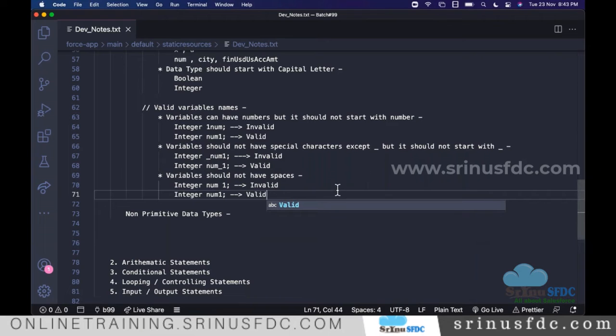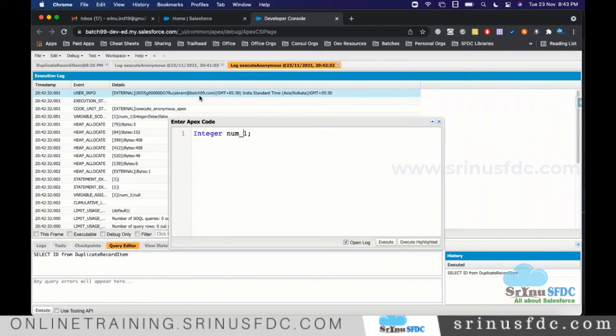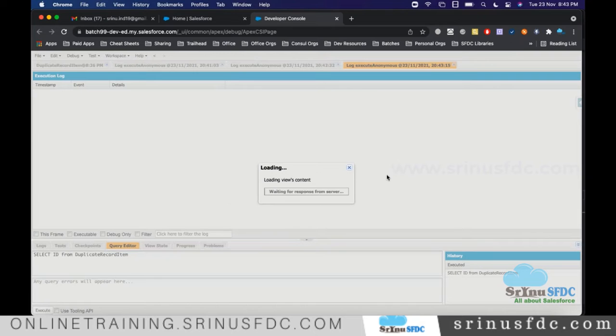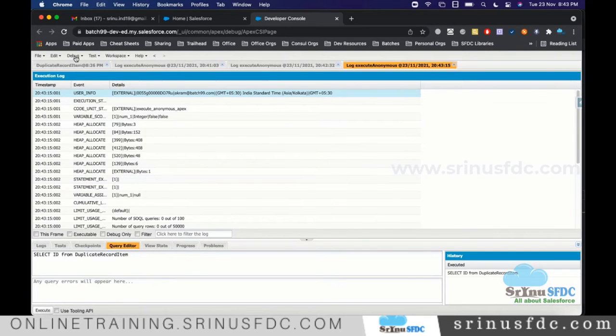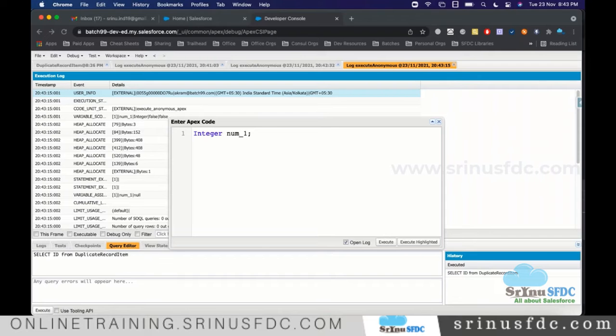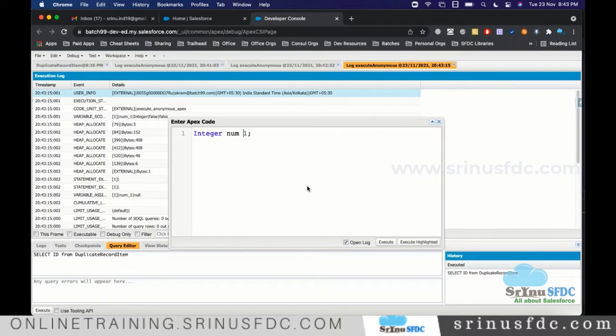So just understand that. Now let's go back. Click on debug, then execute. Here we are just verifying the space. Let's give a space and execute. It should not allow. Without space, it will allow.